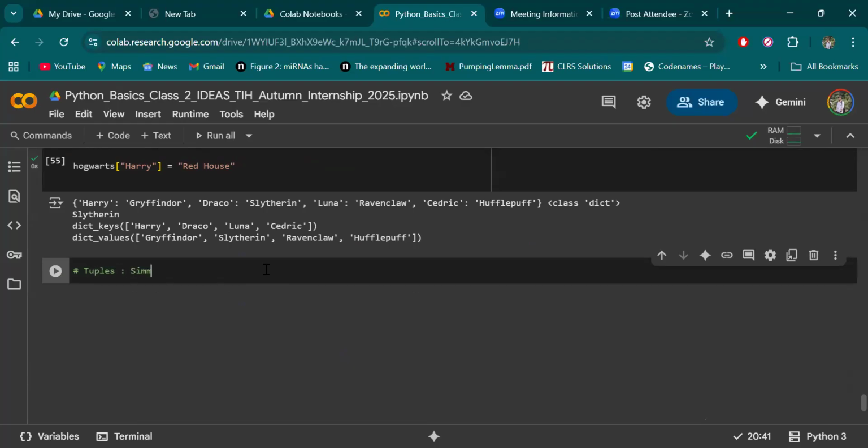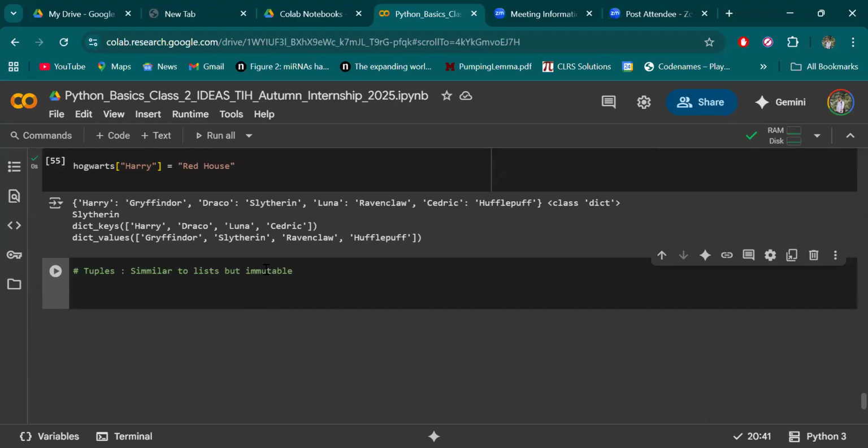So this is similar to lists, but not mutable, but immutable. That means you cannot perform any updations here. Okay, cool. Say I write my tuple equals to